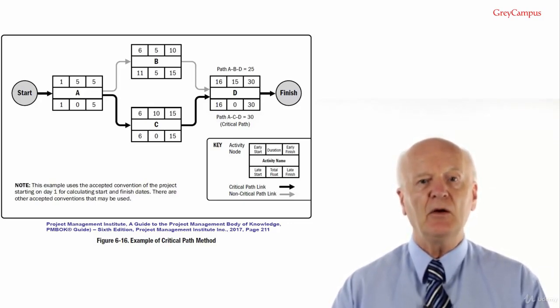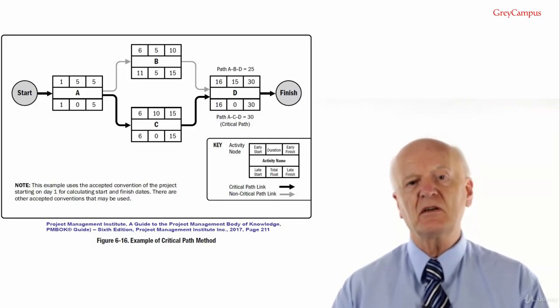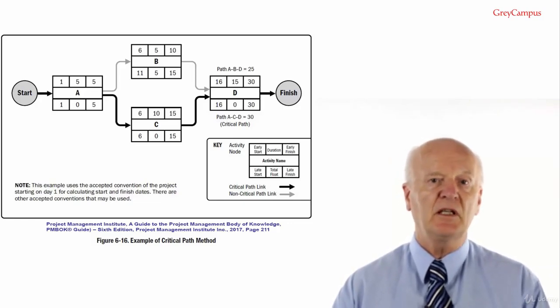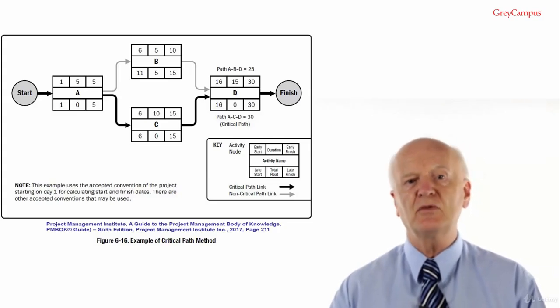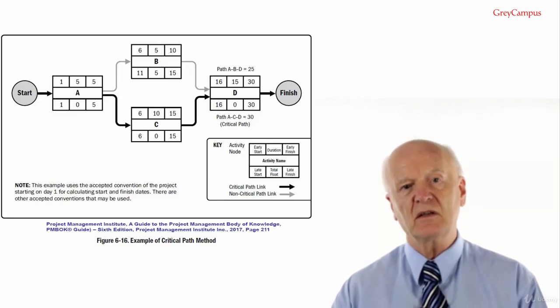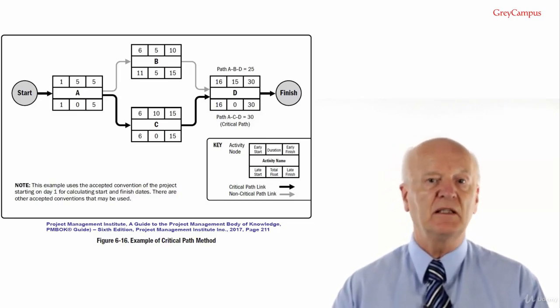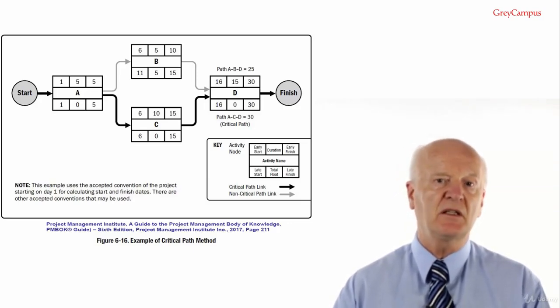This time we calculate the late start as follows. Late start equals late finish minus duration plus 1: 30 minus 15 plus 1 equals 16. And to calculate the activity float, we can either use the left hand side, late start minus early start, or the right hand side, late finish minus early finish. This will give exactly the same result. And we can write the float in the center of the bottom field, which in this case of the final